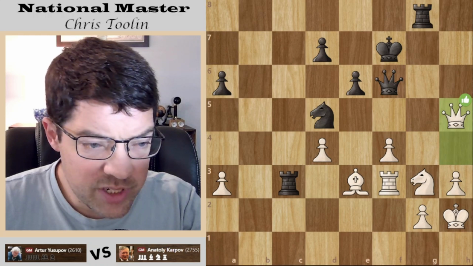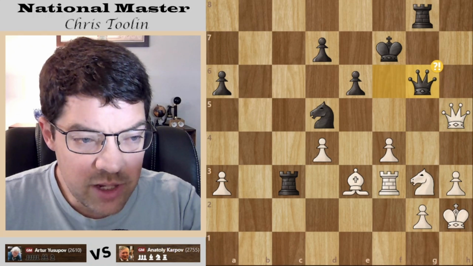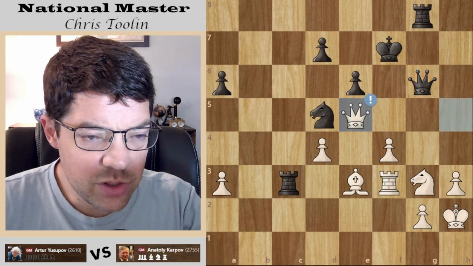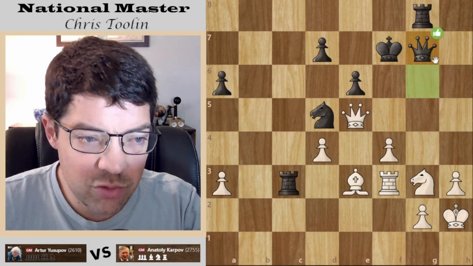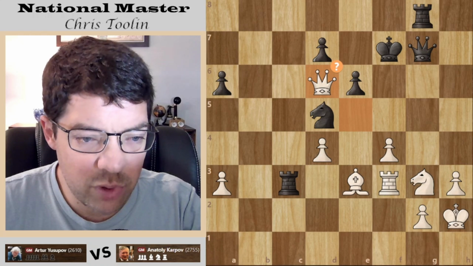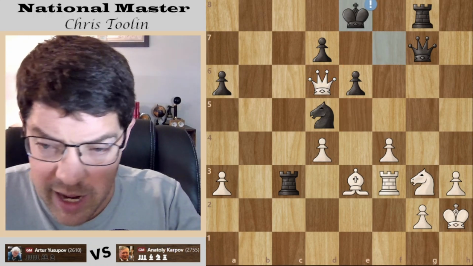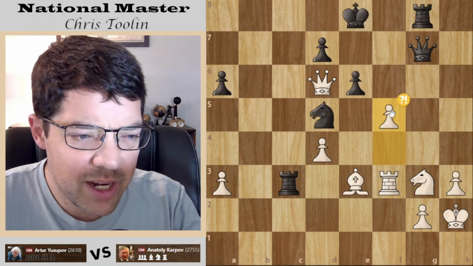Black still up in material, although white has an extra pawn for it now. So white has a bishop and two pawns versus the rook. Queen g6, queen e5. Again, very equal game. You can see black really trying to trade in white, just avoiding with everything he can. Another king move, and that one actually puts black really clearly ahead. F5, trying to muddy the waters.